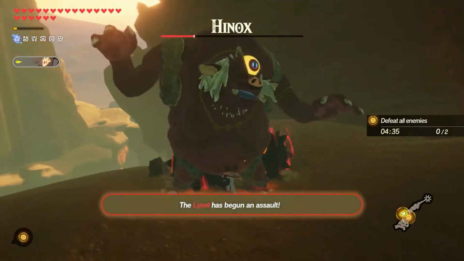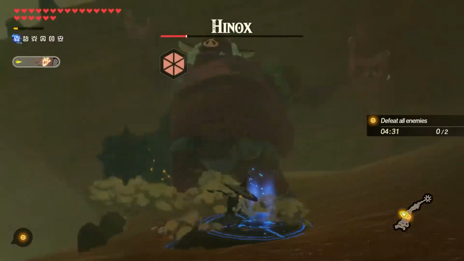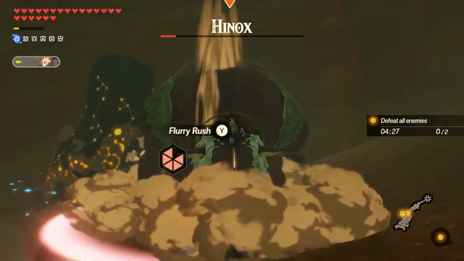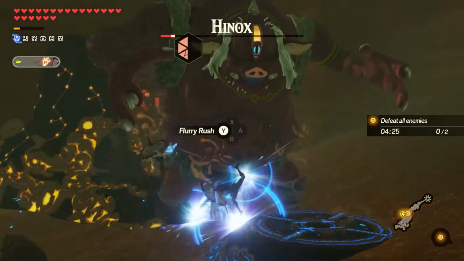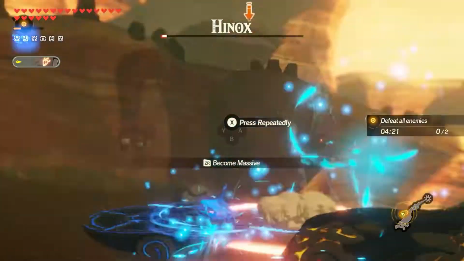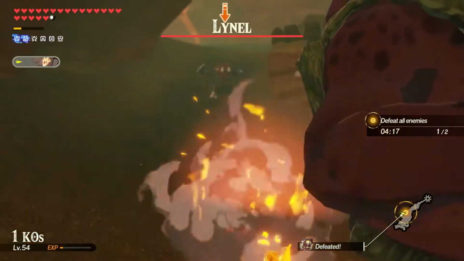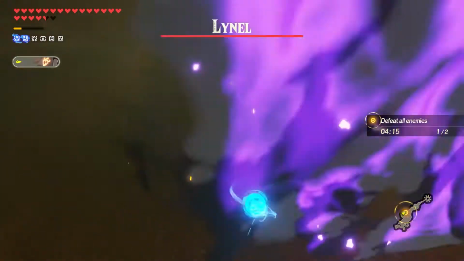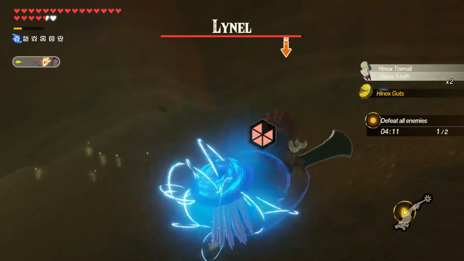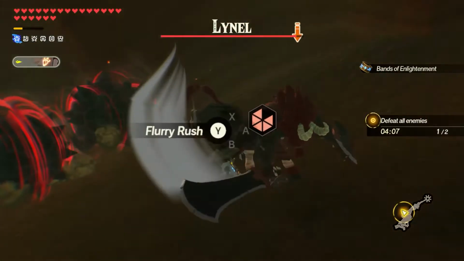Once we get the Hinox down to a certain health, the Lionel will start coming over. And I like that little jingle when the shrine appears. Come on, we're so close. I'm still not sure on what attacks bring out the weak point gauge for enemies with using Monk Mazkoshia, but it doesn't really matter. We're almost done anyway. We just need to fight this